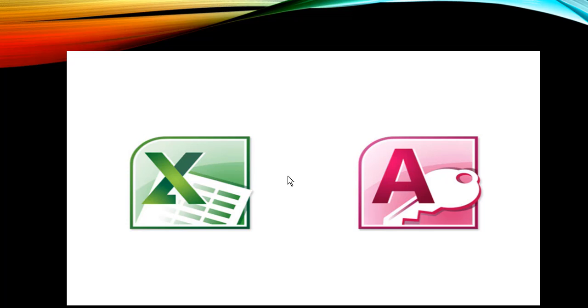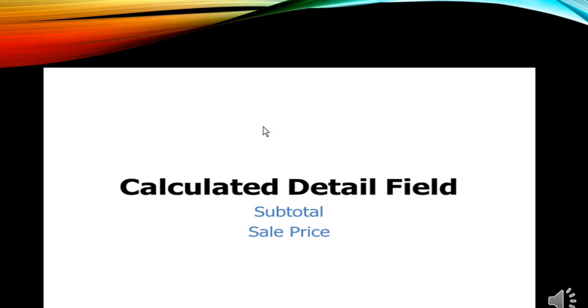When we write one in Access, we call it an expression, and we refer to a field and table. This differentiates a Microsoft Excel formula from a Microsoft Access expression. And there is also a calculated detail field, for example subtotal or sale price.